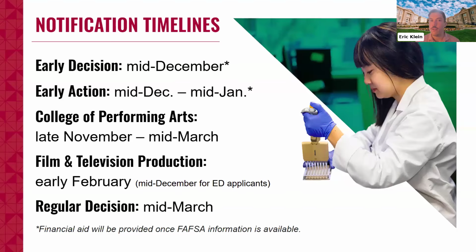So we do consider our early deadline a priority for those students interested in the talent programs. A lot of that has to do with that invitation for the live auditions. So be mindful of that as well. And for students interested in those programs, ensure that you're checking your emails frequently to make sure that you're not missing any of those audition invitations. If you're not interested in those programs, or if you need a little more time to work on the application, as I mentioned, regular decision is a great option for you all as well, and you'll be getting that decision by mid-March.